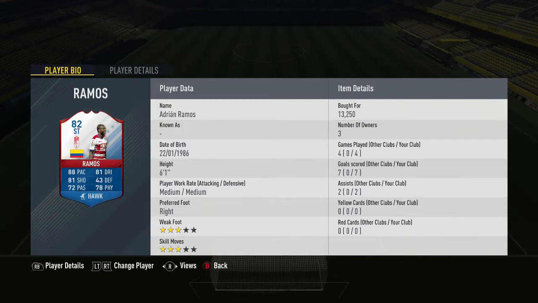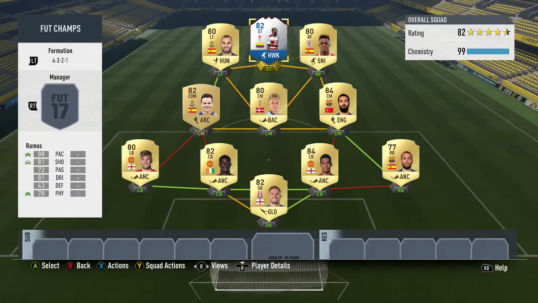83 agility, which is actually quite good for a 6'1" striker like himself. 84 reactions, 82 ball control, 81 dribbling, 99 heading, 99 jumping, 86 strength. Buy him. Only 3-star skill moves, you might be thinking, but for me personally,